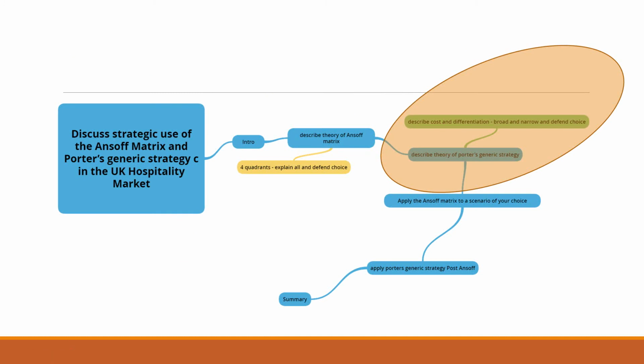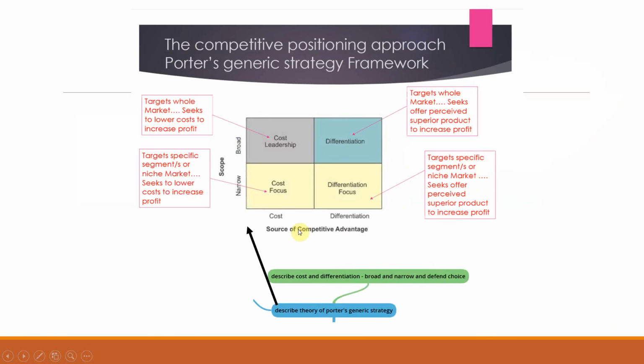Next, we're looking at theory of Porter's generic strategy. Again, this is from your slide deck. It's looking at cost leadership, differentiation, cost focus, differentiation focus. So cost leadership is a broad focus, cost focus is a narrow one, and then up the left in red there